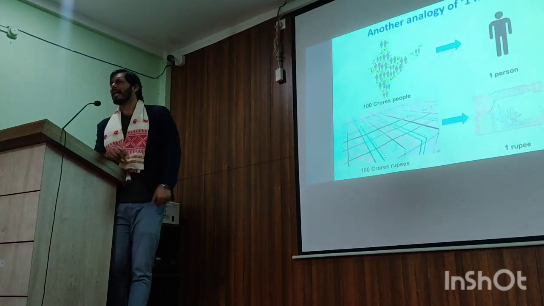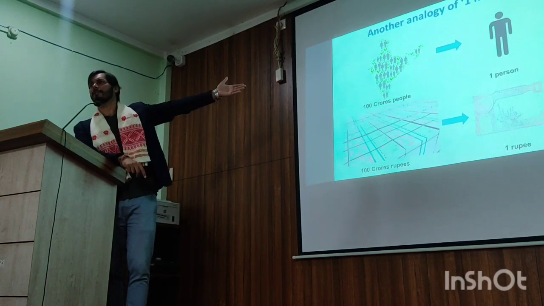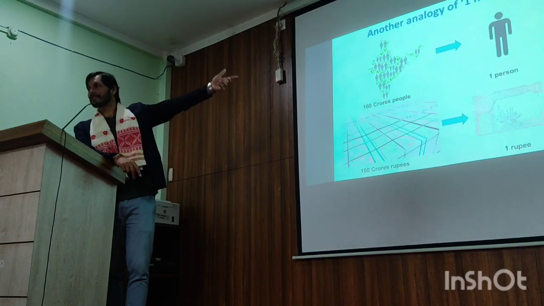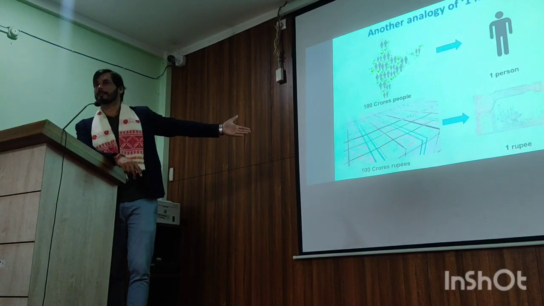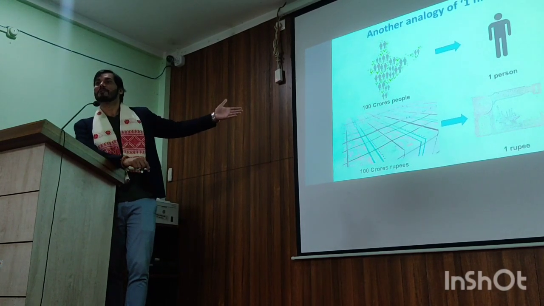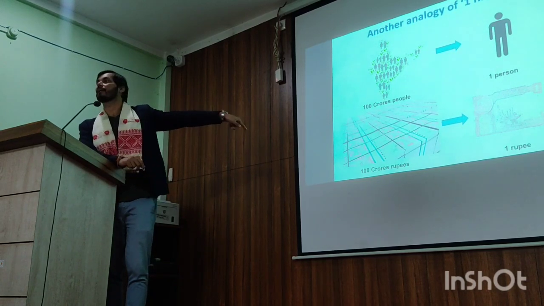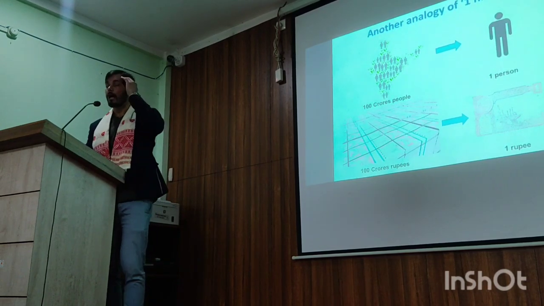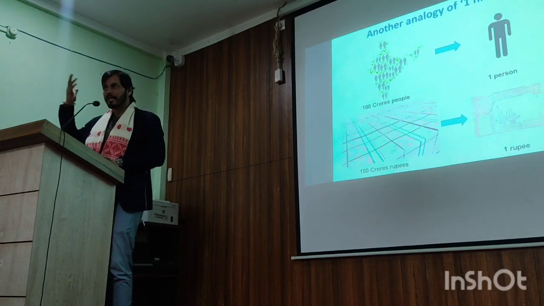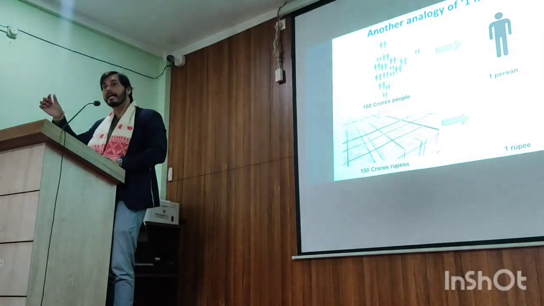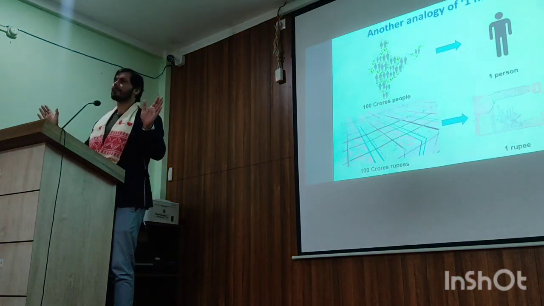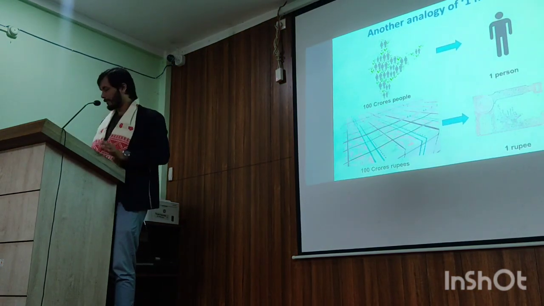So if we take an analogy, if there are 100 crore people, the one person is basically nano, 10 to the minus 9. So if you have 100 crore rupees, then 1 rupee of that 100 crore is 1 nanometer. So now you can gauge how small is 1 nanometer. If somebody asks you 1 nanometer, now you think about that human hair: 1000 pieces of that human hair is in the range of 1 nanometer. So at least we got a sense of how small the nano world is.